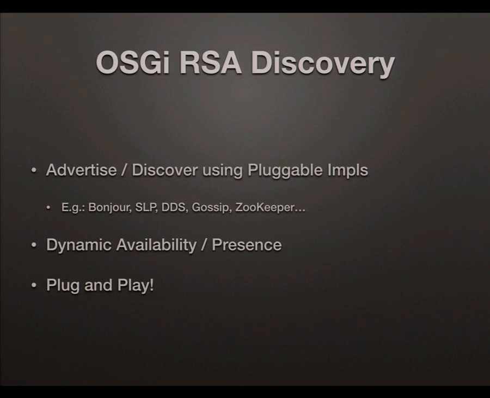This gives us dynamic availability and presence. So I know who is on the network, and I know that they're on the network right now because they're advertising their service. If one of these services that we're running crashes, that service will be unpublished, and I know that the service that I want to connect to has gone away, and I won't be able to connect to it. So I will have a choice. I can go and connect to somebody else, see if there's an alternative to connect to, or I can unpublish my own service. This is now a remote service, and say, this application is not working, and we need some operator assistance to get it working again.